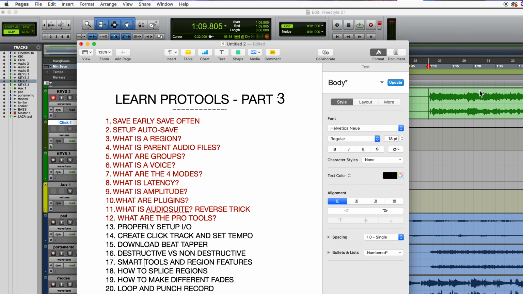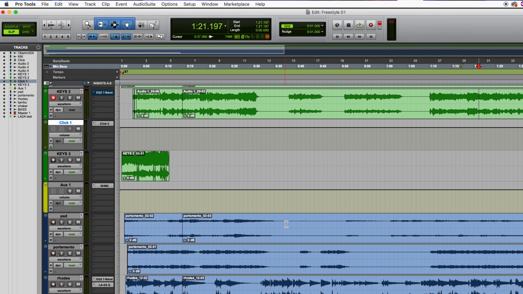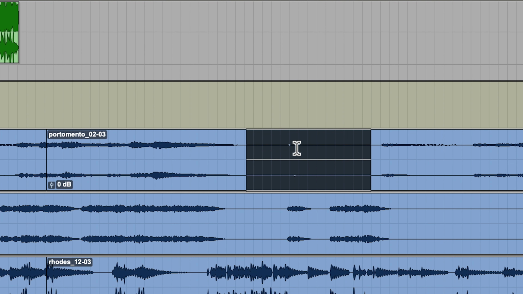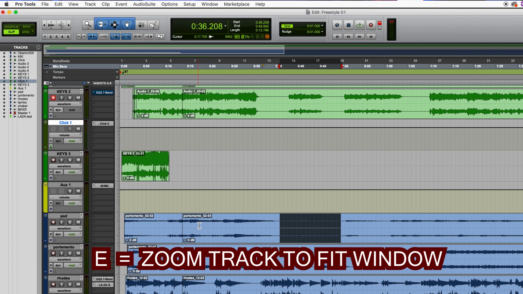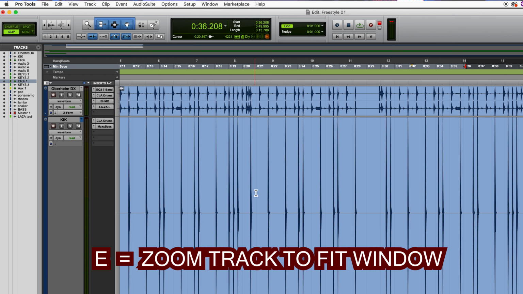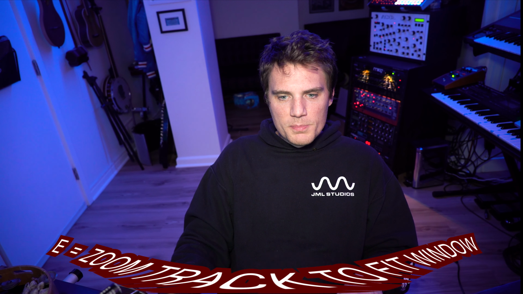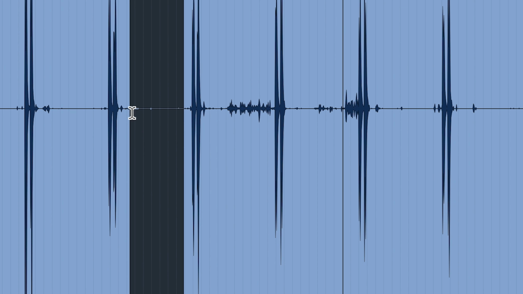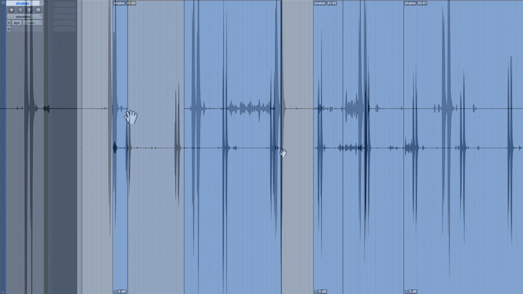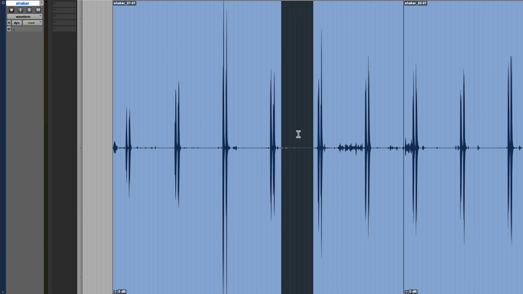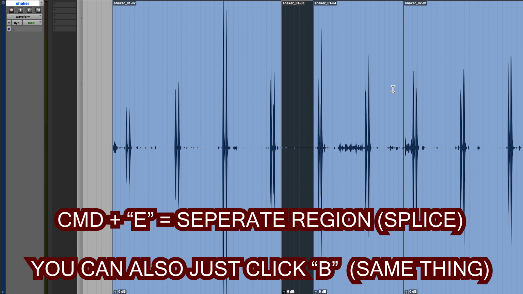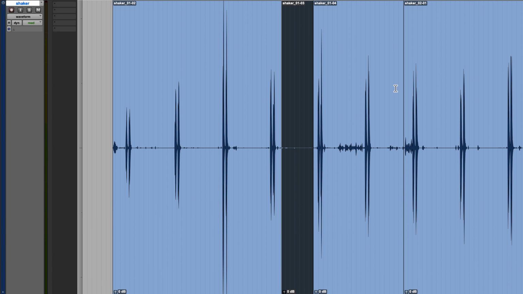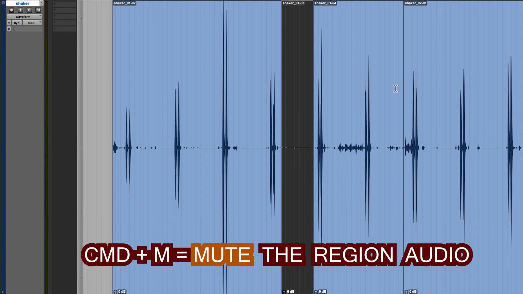How to splice regions. There's 2 ways to do that if you want to cut and trim something. Right here I have this empty space. If you look closely, if I hit the E key on my keyboard, it takes up the whole screen. If you look closely at this dead space, there's something inside there. Let's say you don't want that. You can either highlight it and just hit delete, or you can highlight it and hit Command E to separate it, and then you can hit delete, or you can hit Command M to mute it, and you'll notice that